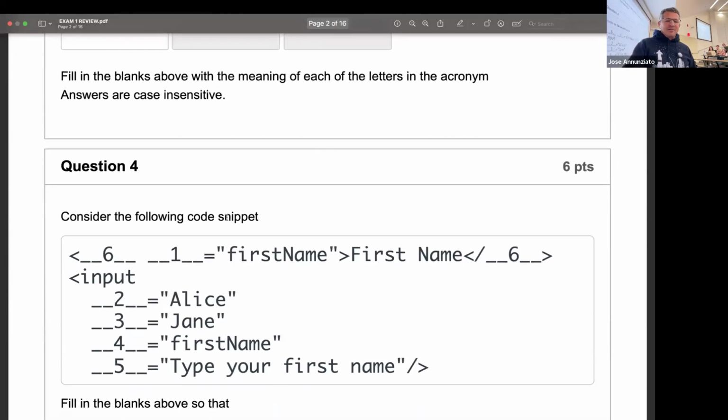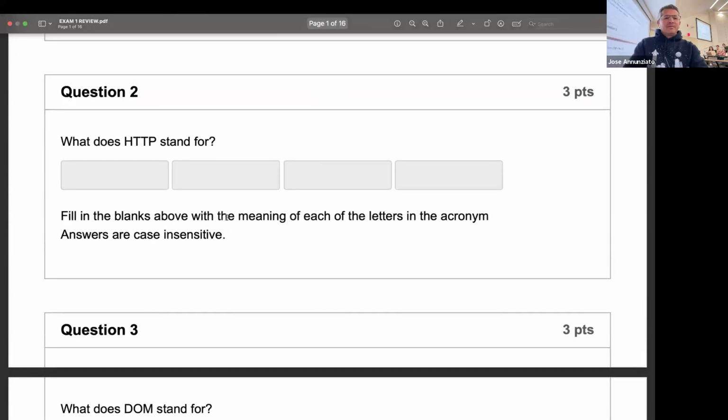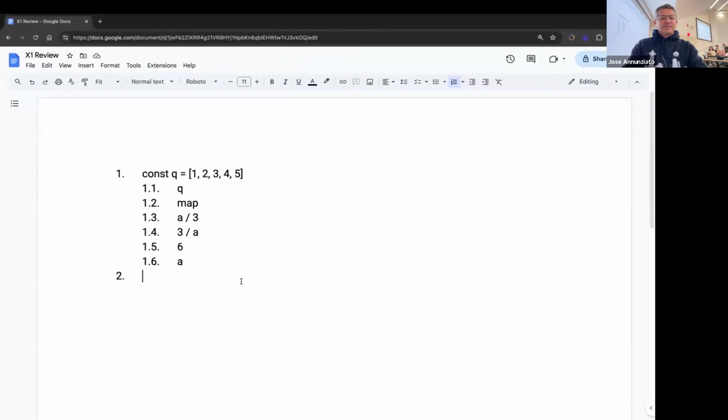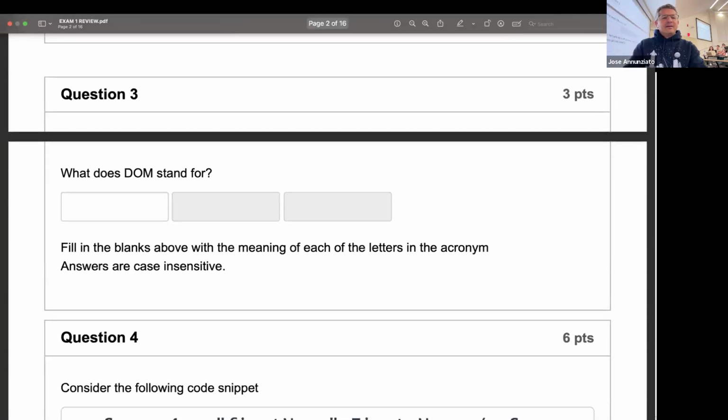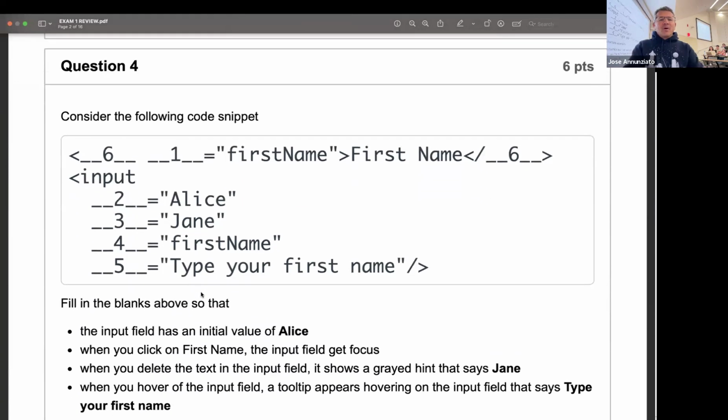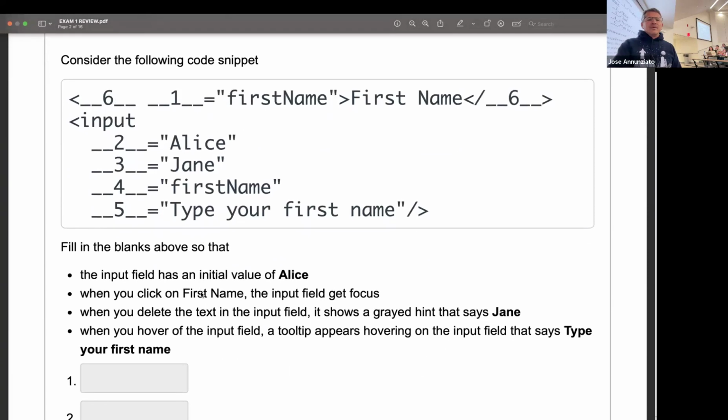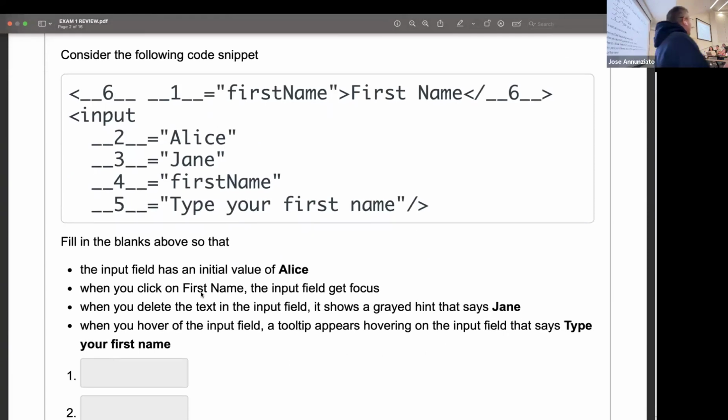DOM, document object model. So this is HTTP and DOM, and then 4. Okay, so 4 says we describe the behavior. We're describing the behavior of what this is doing. We're saying, okay, fill in the blanks above so that the input field